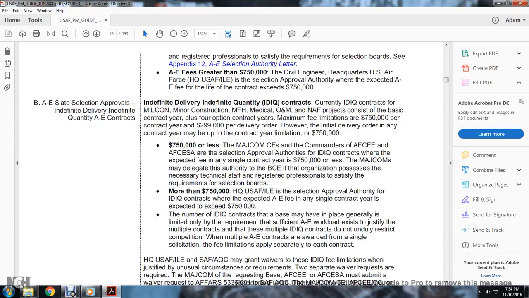The A&E fee is for any of the single contract years expected to exceed $750,000. The number of indefinite quantity contracts in base may have been in place, generally limited only to requirements with sufficient A&E workload existing to justify the multiple contracts. These multiple indefinite delivery, indefinite quantity contracts do not unduly restrict competition when the multiple A&E contracts are awarded for